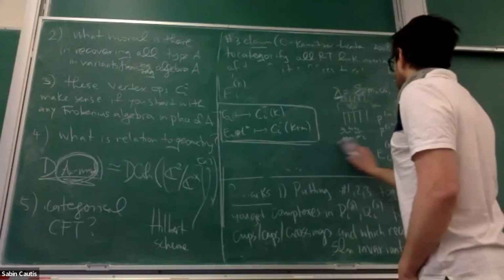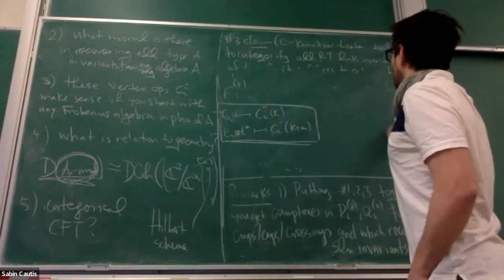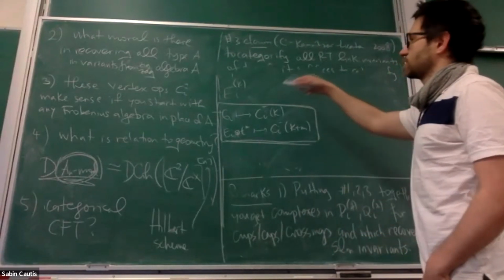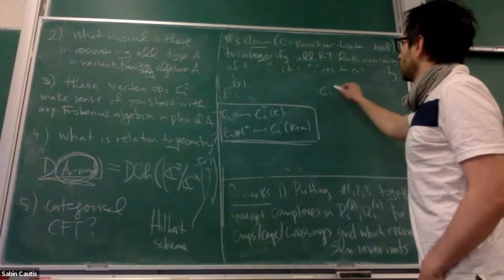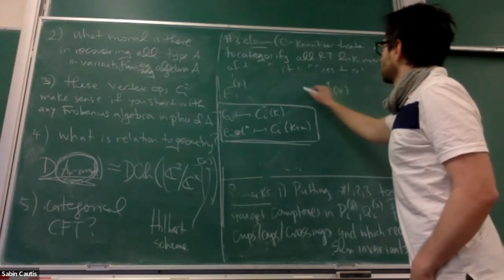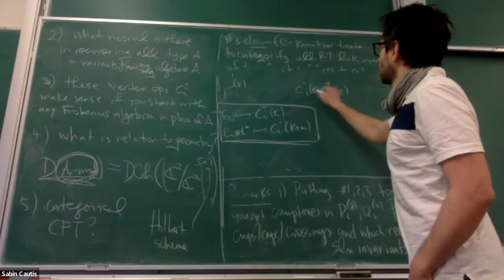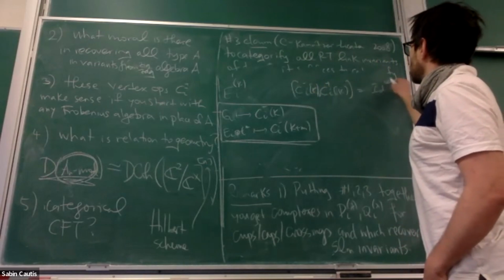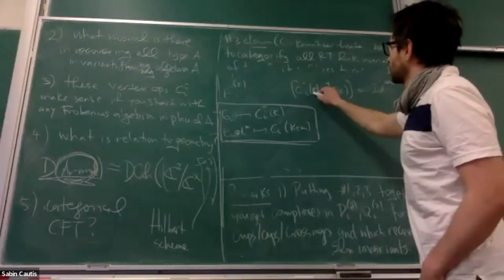So let me say it like this. I think maybe this is the kind of answer you're looking for. I don't know, but if you look at the commutator of C_i^k with C_i^{-k}, we get 100 copies of the identity, basically, right? But if you put instead of C_i^k